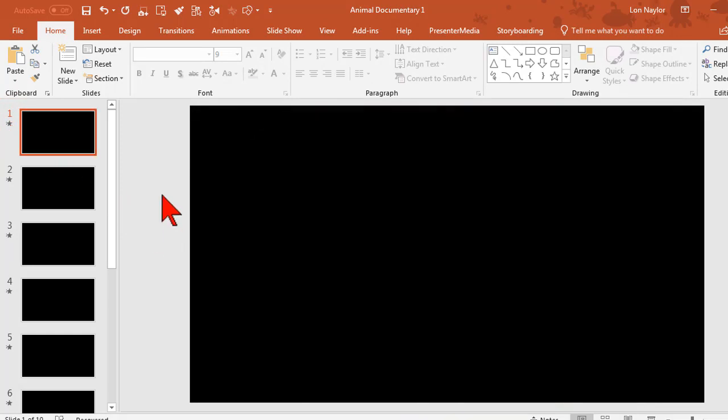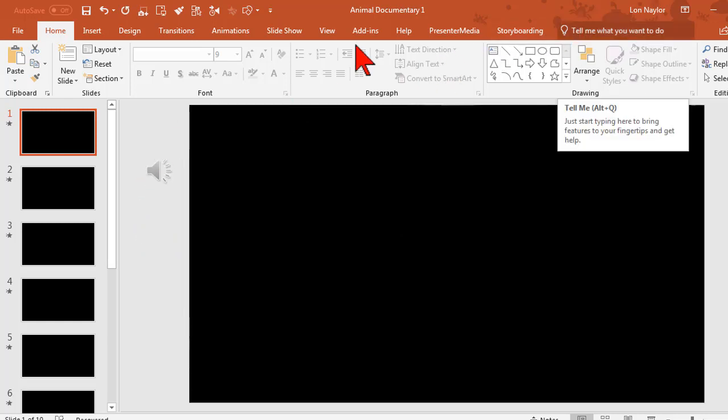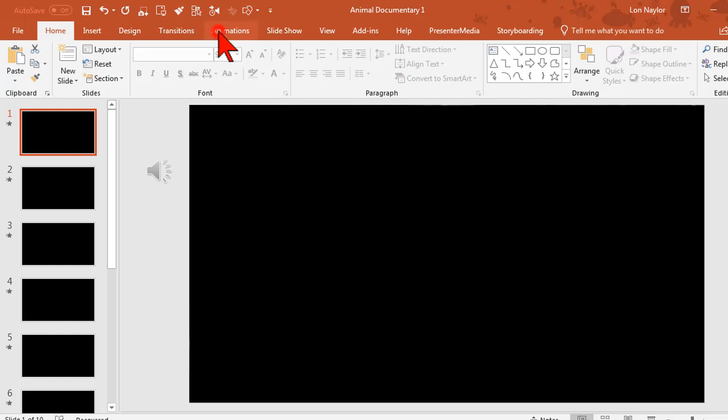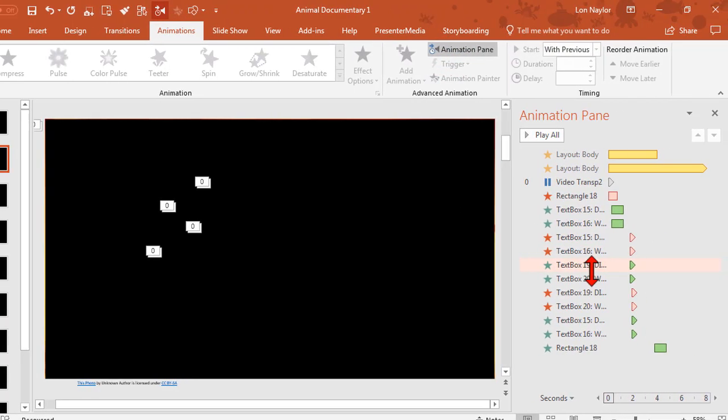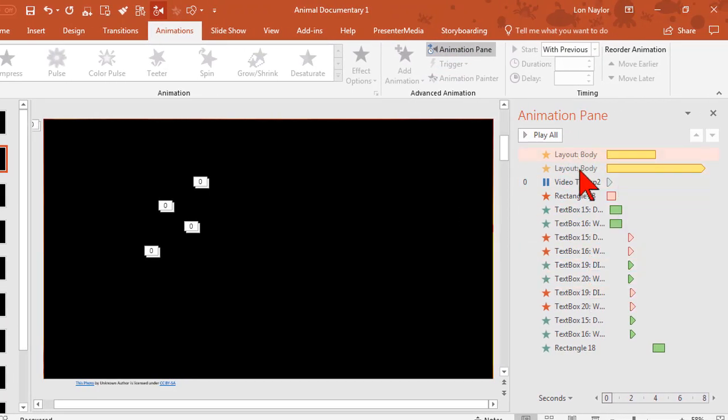One of the things with these templates is sometimes it's very difficult to make stuff stay longer if you want to. This particular set of slides has this handy dandy little thing. So what I'm going to do at this point is let's go to the animations and open up the animation pane. These particular slides, here's all the animations, and the last element here we'll see is a rectangle, okay, and it